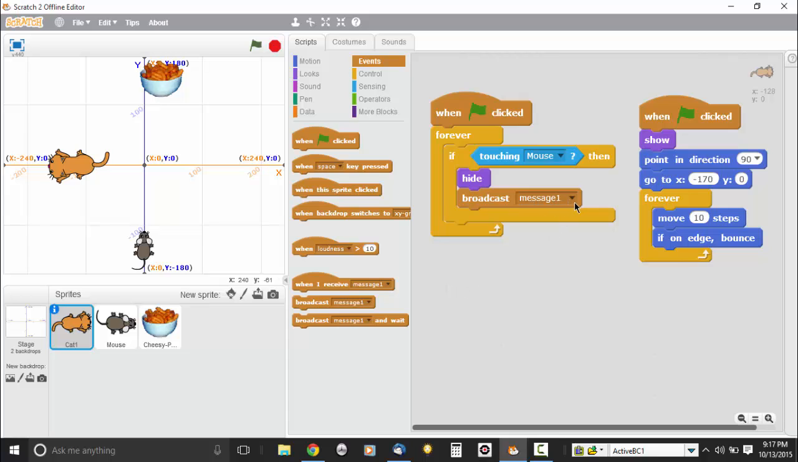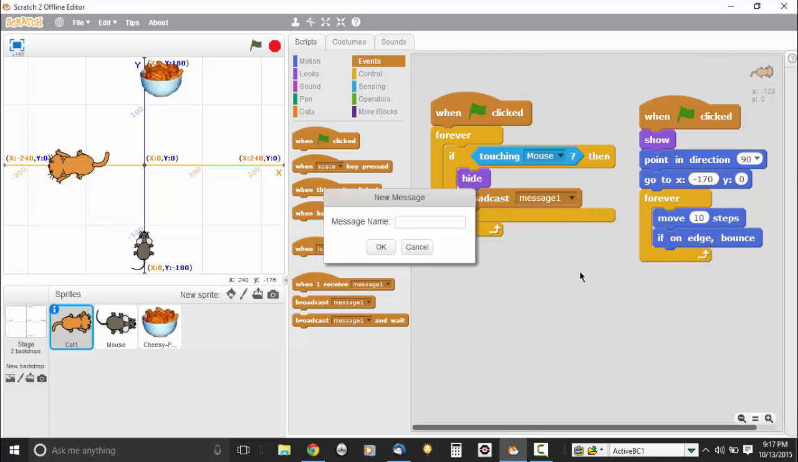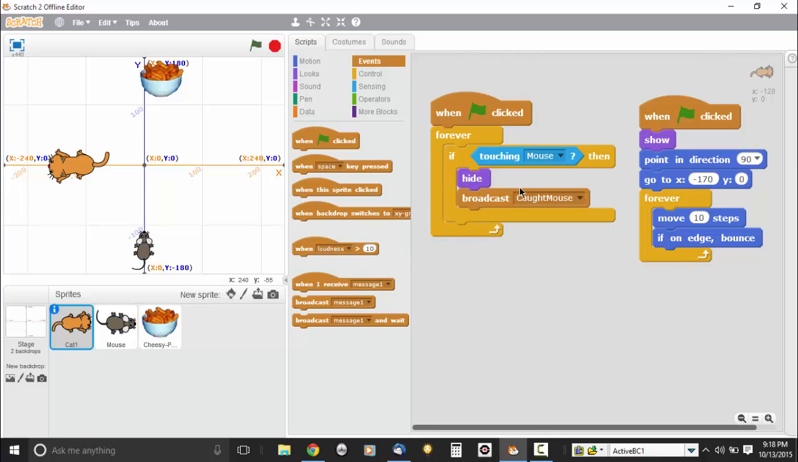And we're not going to call it message 1. We want to give it a distinct name. So we're going to hit the drop down next to message 1, click on new message, and I'll call this one caught mouse. Okay. Caught mouse. Alright. Now the cat sends out the message,